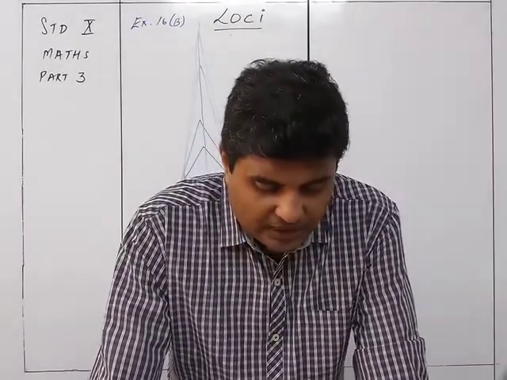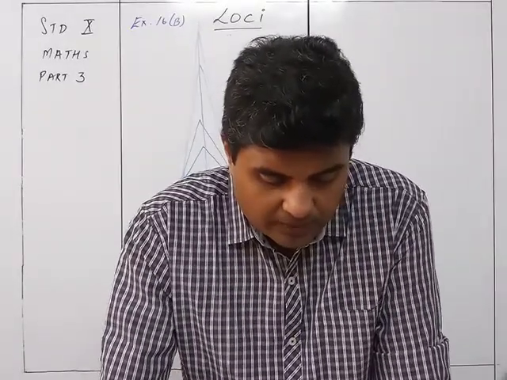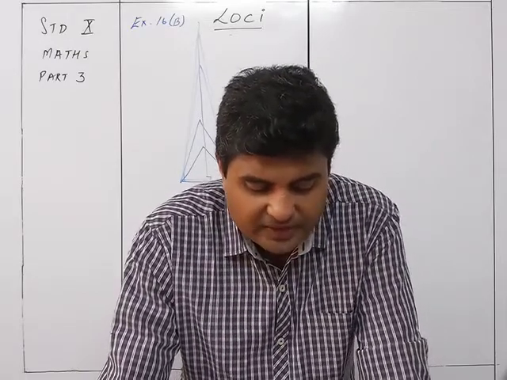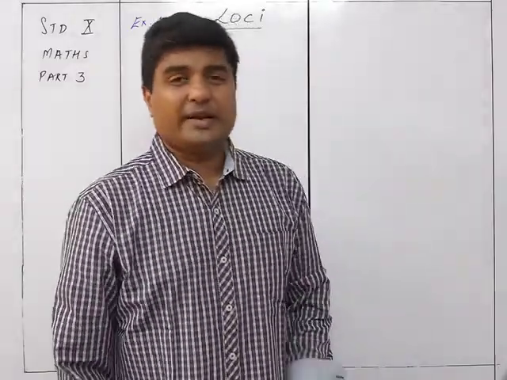We now move on to sum number 11. The locus of a point in space which is always at a distance 4 cm from a fixed point. Now comes a tricky one.